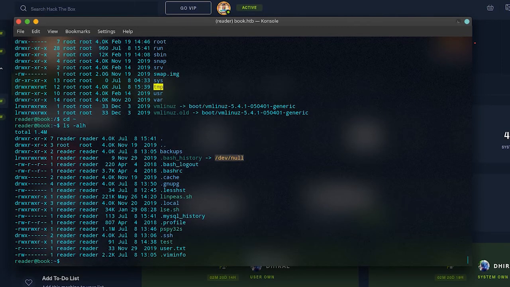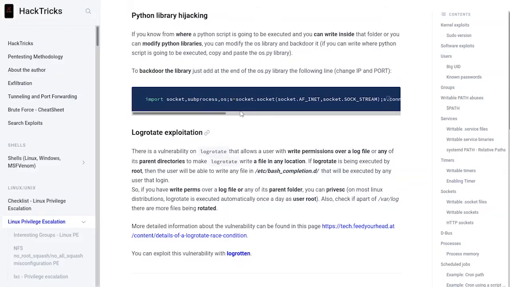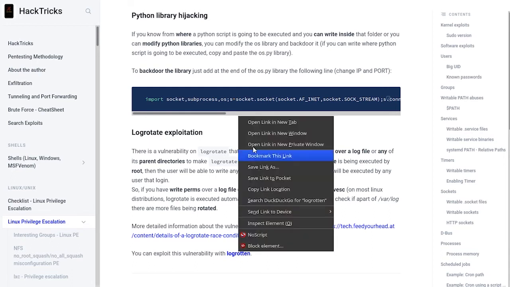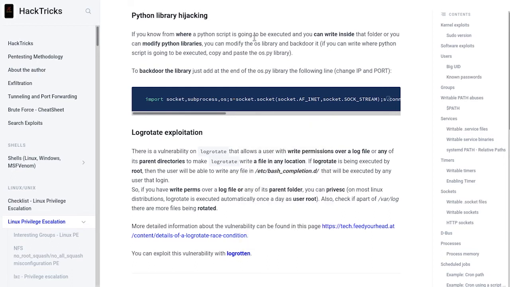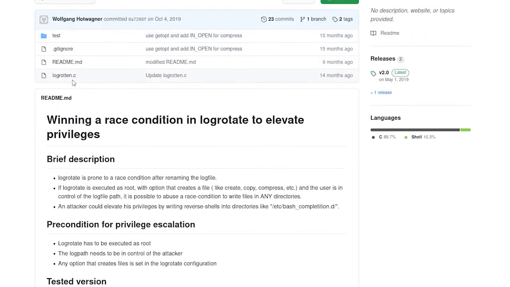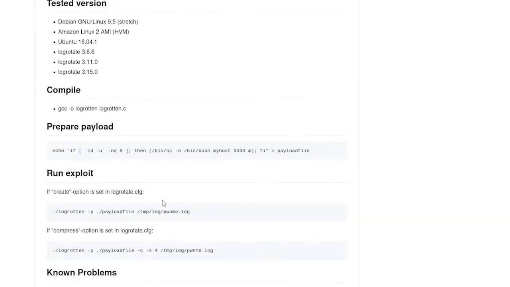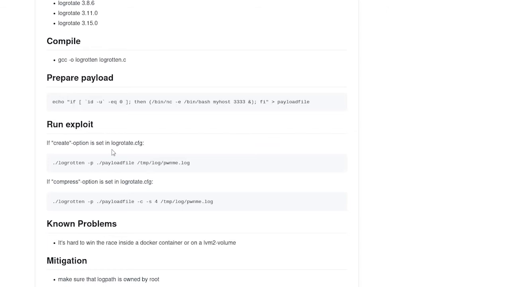Anyways, we just get back to our home directory and let's save these. What does this site tell us? So the logrotate can actually do a race condition and put any of the files in /etc/bash_completion.d, which gets executed every time a user logs in. So let's check out the GitHub